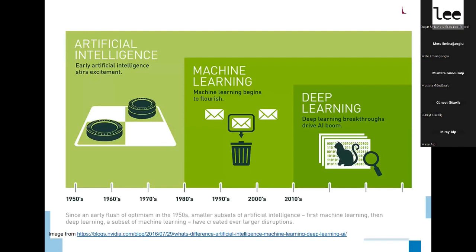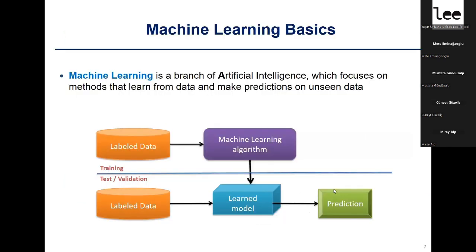So the biggest domain is artificial intelligence, and machine learning is a subset of this domain. Deep learning is another subset of this domain, which has become the hottest topic in the last decade and today. As I told you, in machine learning, if it's supervised learning, for instance, you have labeled data, so that you have an objective attribute, and you try to classify, or in terms of regression, you try to